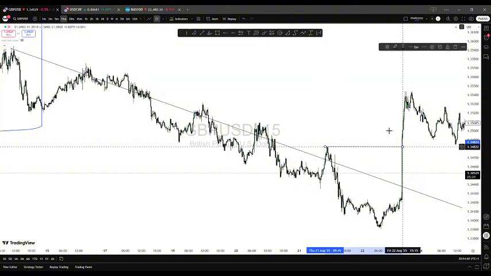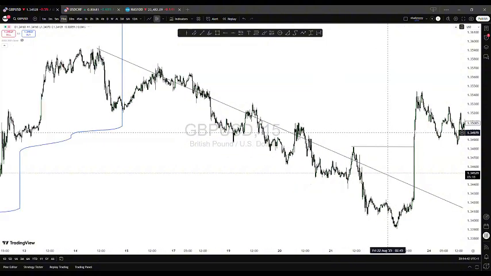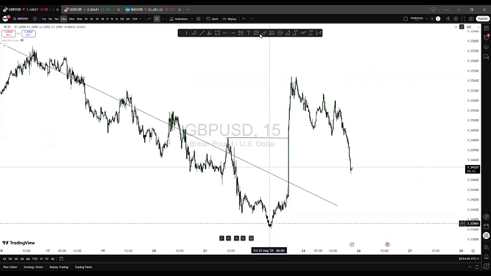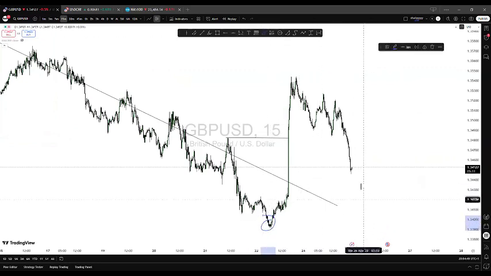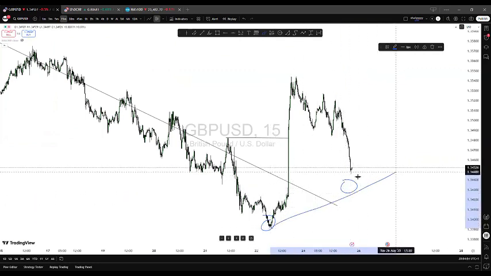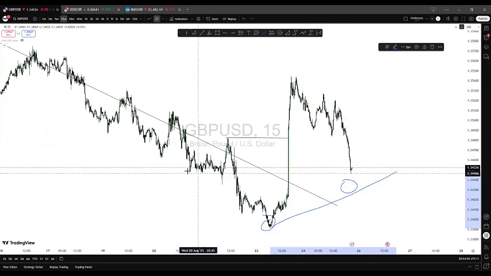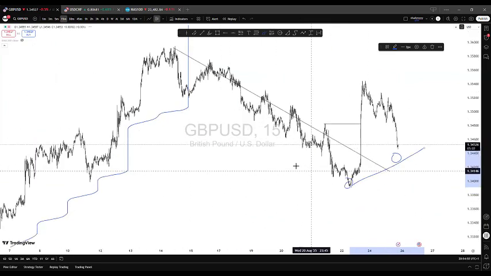So we now have a break of structure here. And since we have a break of structure at this point, what am I going to be expecting? I already have a low here. So what do I need? I need a new higher low. So if I can get that higher low, okay, so what I would then do now is also identify a